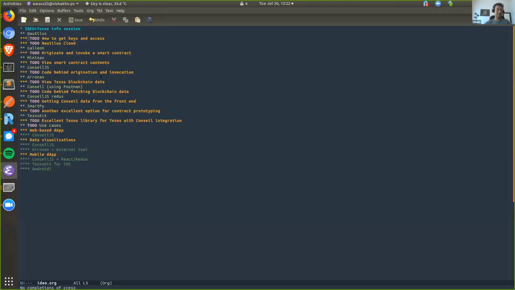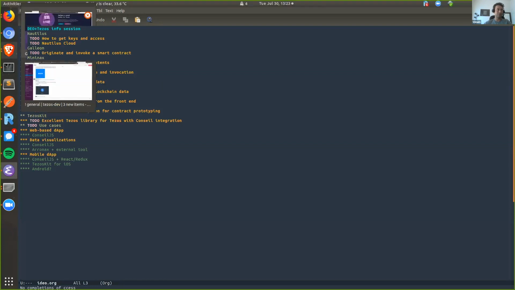So you saw Arronax, which is a quick and dirty block explorer. You saw Galleon, from where we issued these smart contracts. So how does Galleon actually do it? How does Galleon actually interact with the blockchain, not only pushing transactions, but also reading data off it? For that, we have an open source tool called